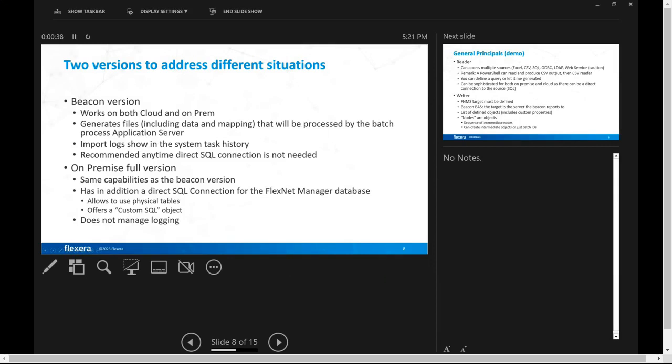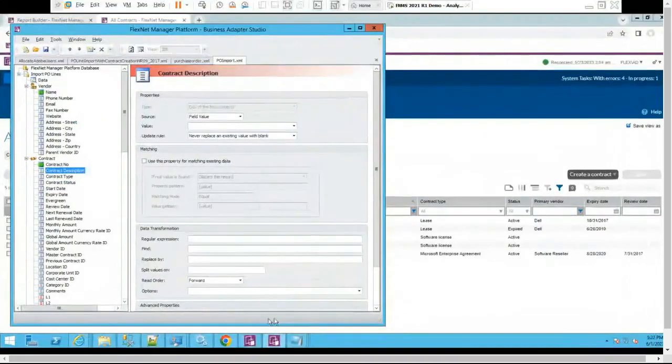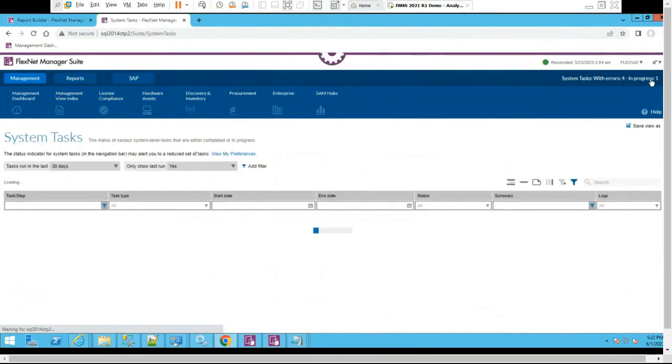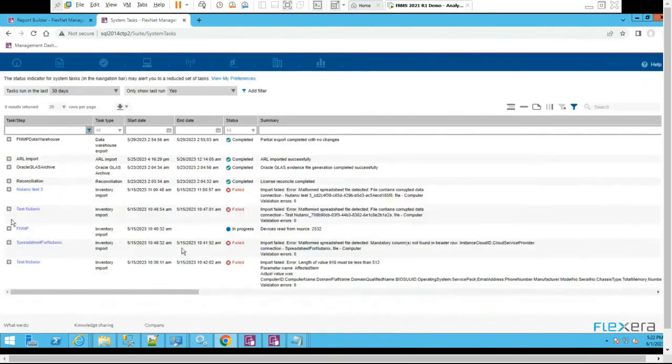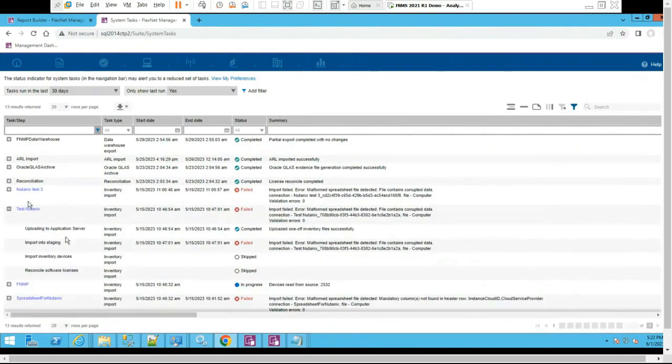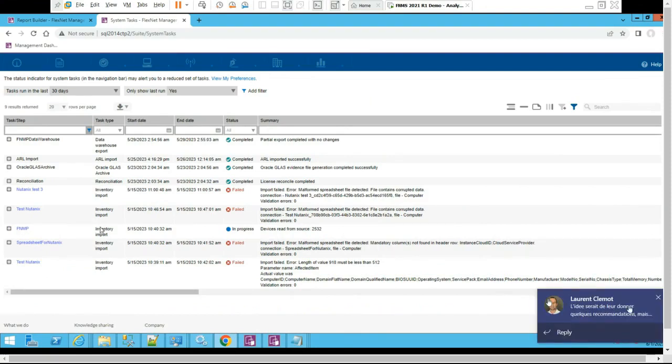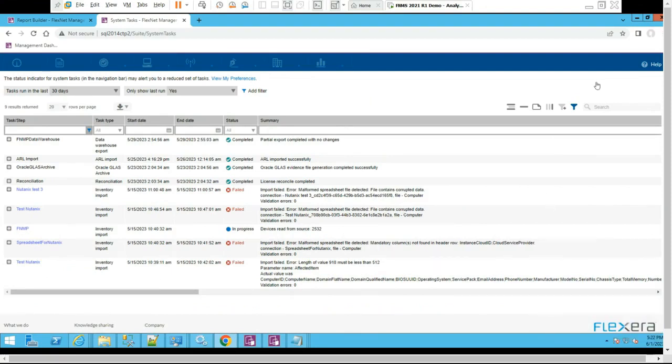Interestingly, when you run the imports from the beacon, you will see the import logs that will show in the system task history. So I don't have actually a true beacon import. But if I go to this version, you will see that here, this is actually an inventory import, this one, but you will see that if you run a Business Adapter Studio report from the